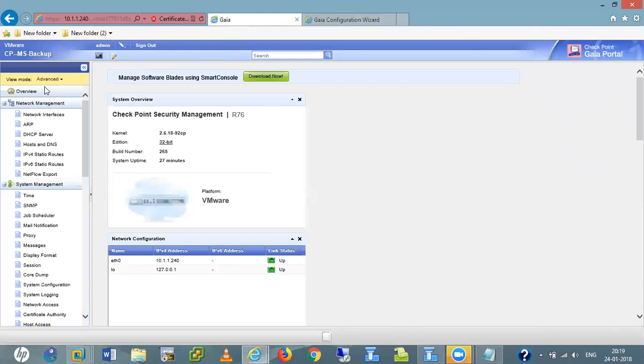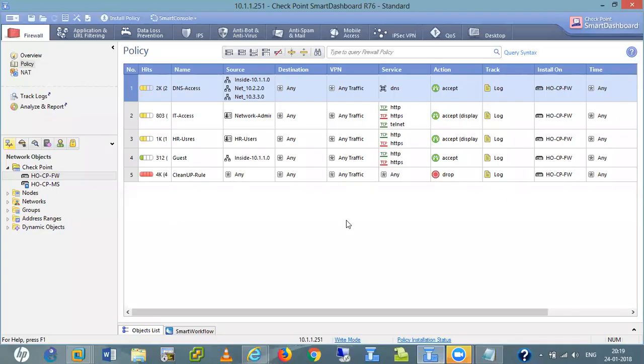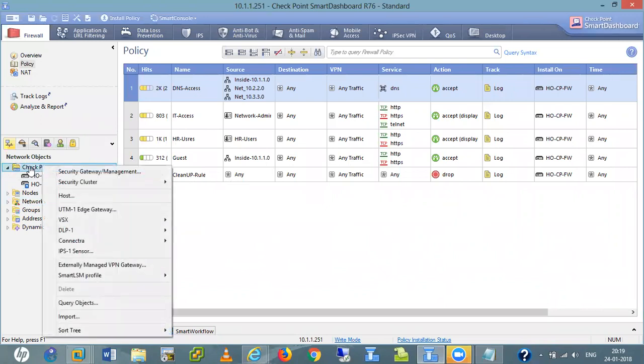So this management server is ready, and the backup management server is ready. Now I am going to my dashboard. I am adding this into my primary management server. There is also this log server and backup management server available.